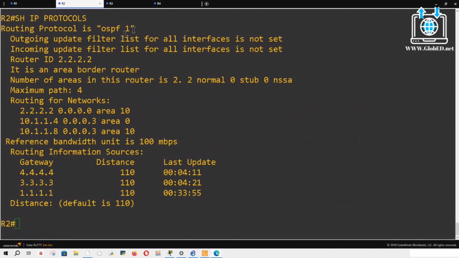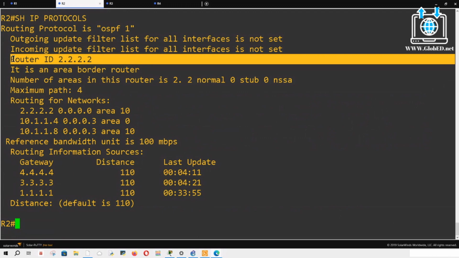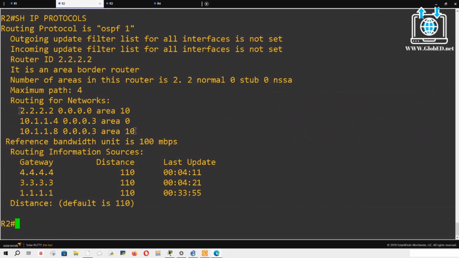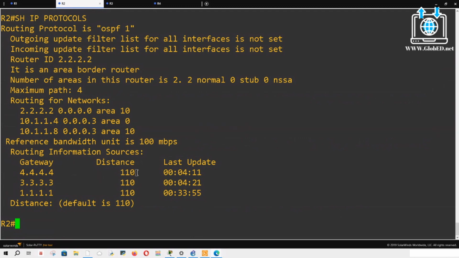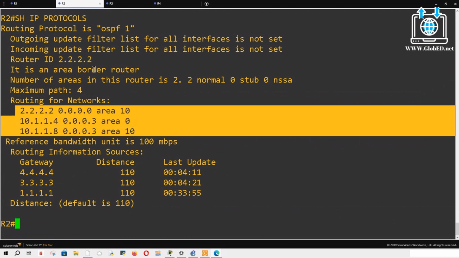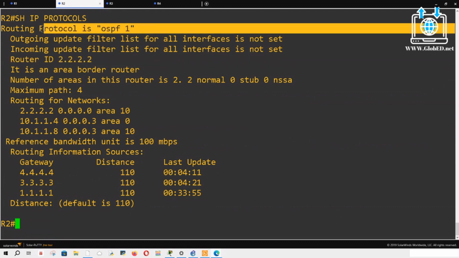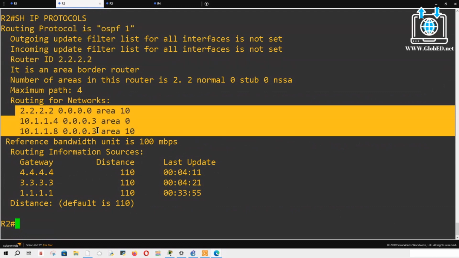It shows you your process that you're running. It shows you your router ID. It shows you the networks that you're advertising, along with the wildcard mask that you're using, and then obviously the area that that particular network belongs to. So you can double check yourself. It shows you the links that you're learning about, and the administrative distance, that's all nice and dandy. But I'm more concerned about this right here, and this right here, and this right here, especially this when I want to figure out who's in what area and what have you.